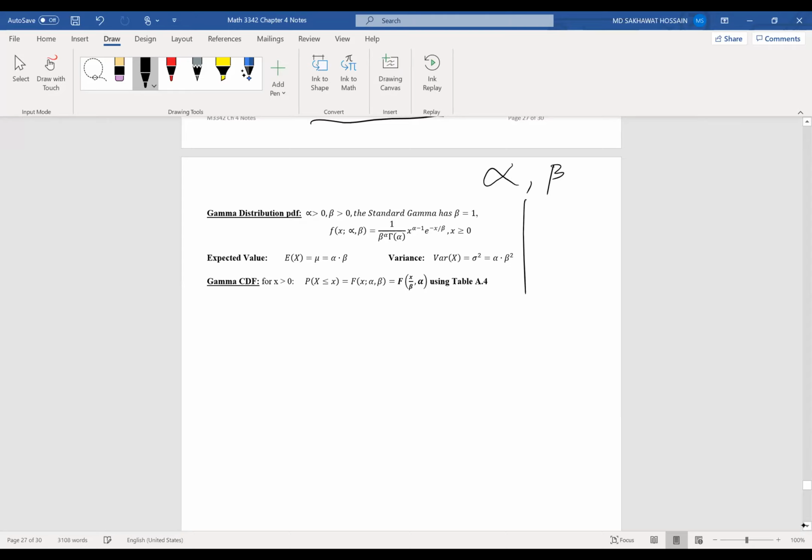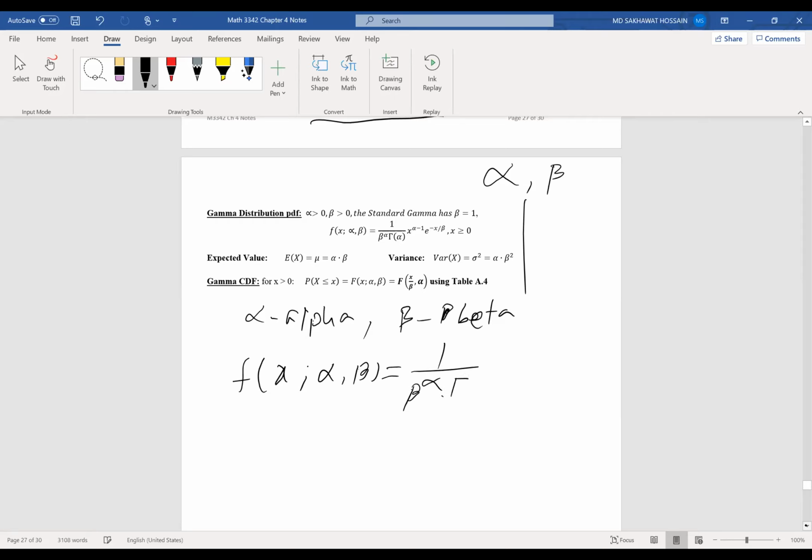So the PDF is f of x, alpha, beta, equal to 1 over beta to the power alpha